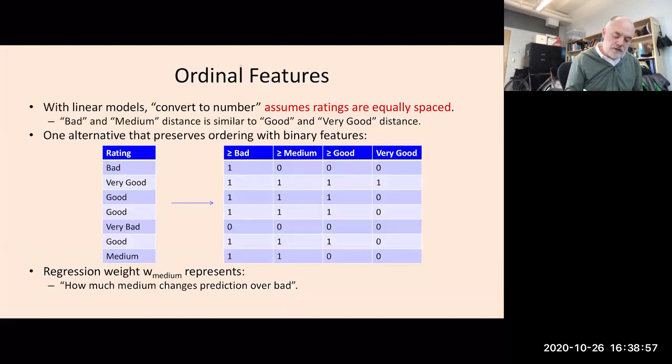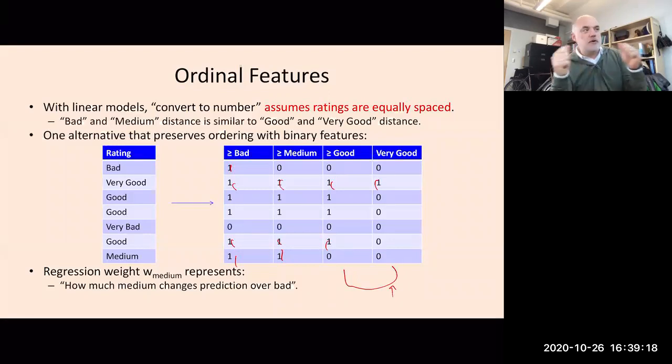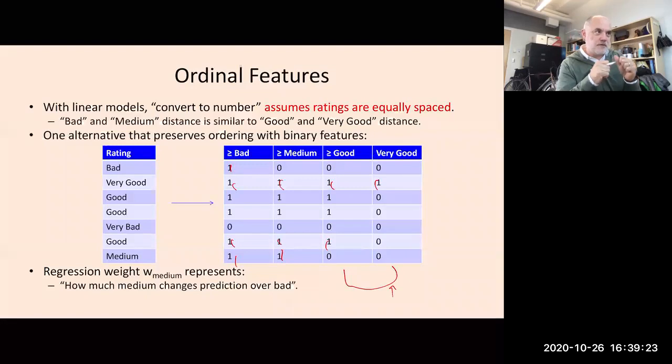One thing that you can do is do not a one-hot encoding, but an encoding that goes from bad to medium to good to very good, where you continually add 1, such that the difference between these two is related to the weight for very good, and it can be a different amount. Like the weight that you get for a very good rating versus a good rating can be different than the difference between a medium rating and a bad rating, something like that. Okay. Anywho,